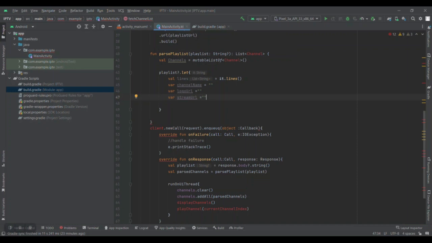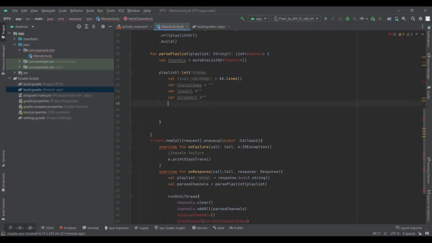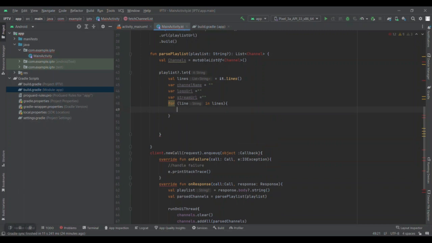And then we use a for loop, line in lines. Inside this for loop what we have to do is: if line starts with,